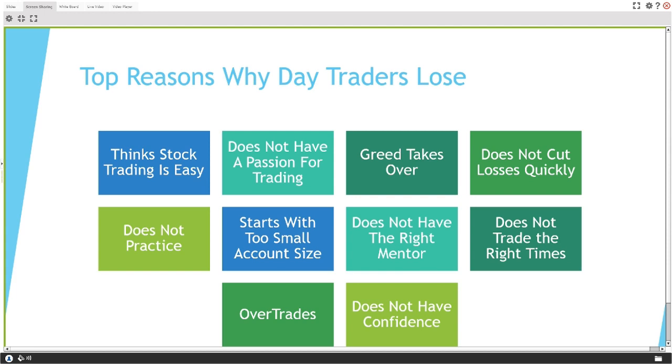But what does greed do? It takes over. You are up 400, you hop into another trade because you want more, you lose it all. You're currently up $300, you're saying, I'm just going to hold for a few more minutes. You lose it all. Greed is going to destroy traders that are new to the market, and also traders that are experienced in the market. I've seen a lot of experienced traders just never give up on their trade, and they end up losing it all. And I've seen a lot of new traders, of course, just fall into greed as they always want more.